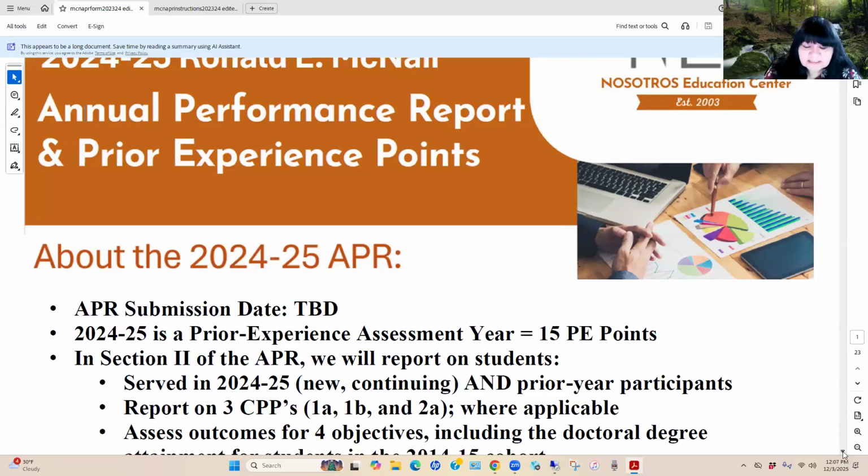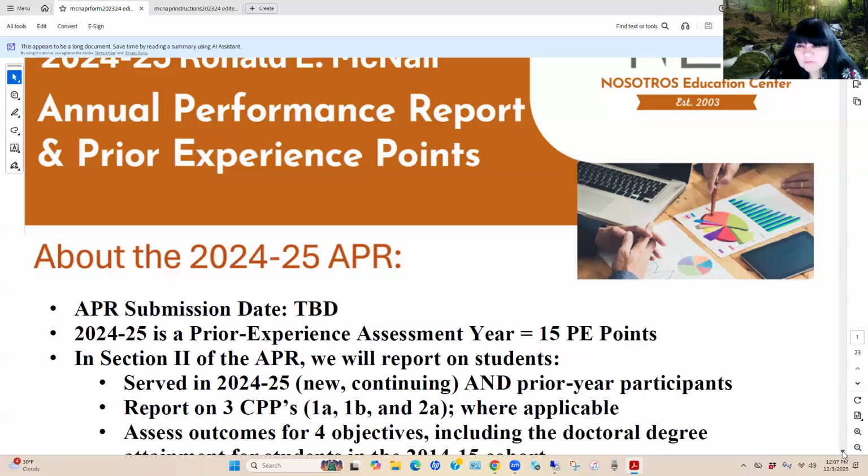So my best estimate is that we won't be submitting this APR till the early spring. So probably maybe January, February-ish. They'll work first on EOC and Talent Search because we're hoping they're going to be moving towards their grant writing, and then all the other APRs will be kind of pushed back a little bit.